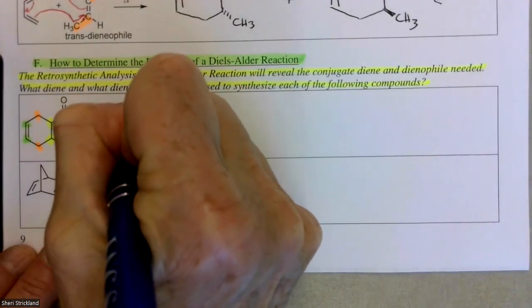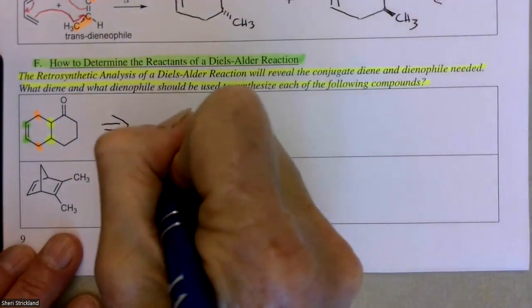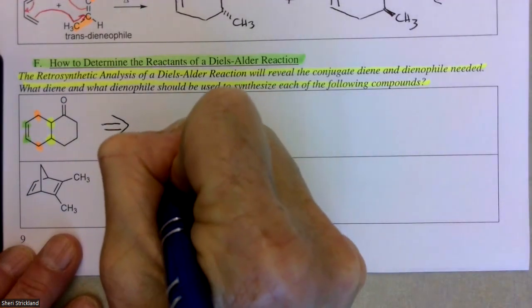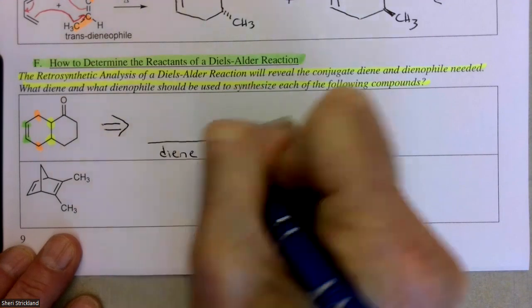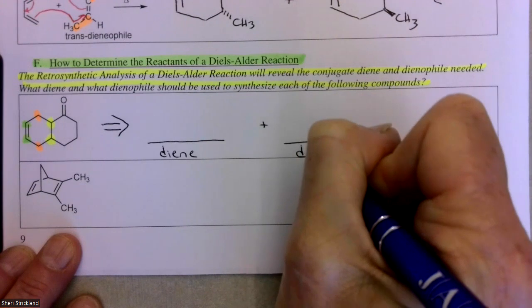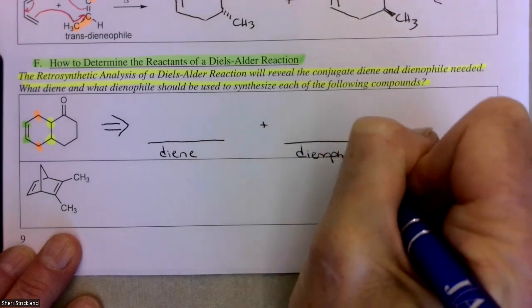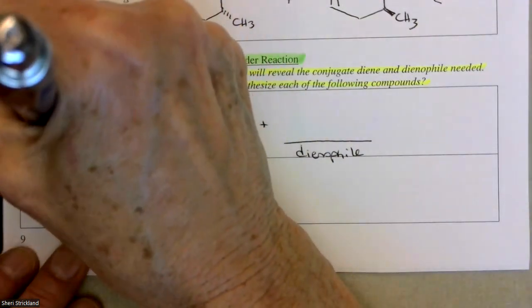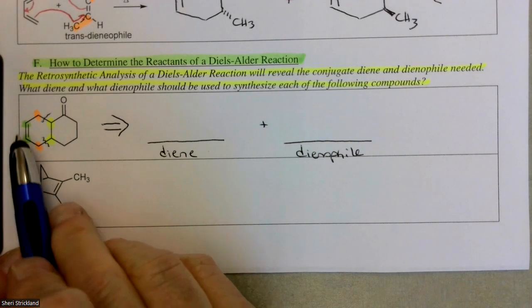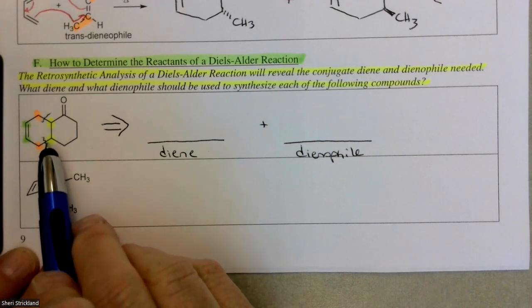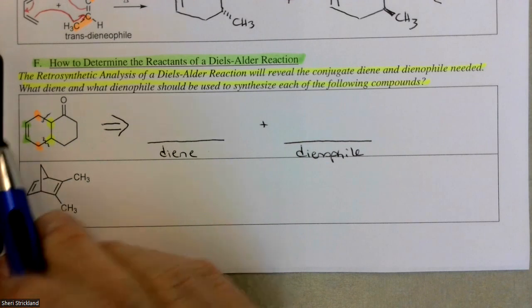So I'm going to use that open arrow to say, if I'm walking backward one step, what was the diene and what was the dienophile? Basically, we're taking it apart, knowing that the two new bonds that were formed were between the orange ones and the yellow ones, right? These are the atoms that came from our conjugated diene. These are the atoms that came from our dienophile. So we'll just back that out,